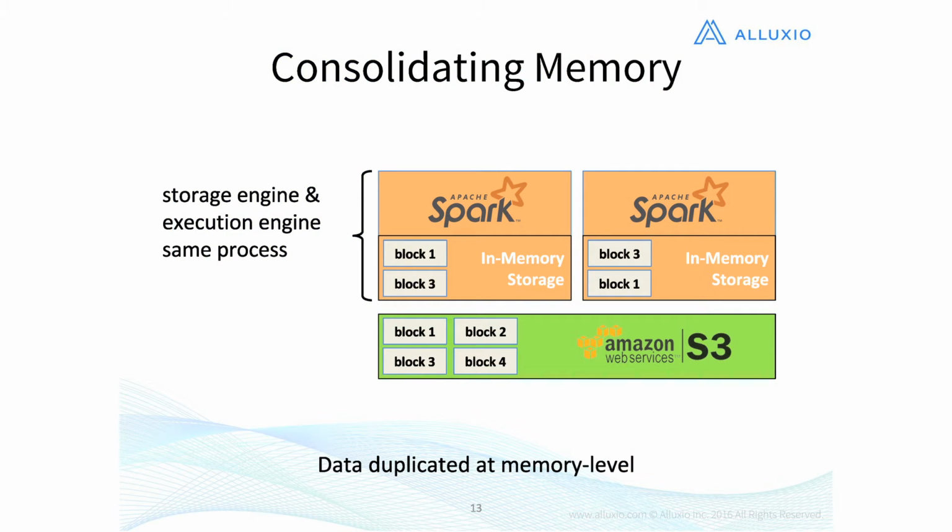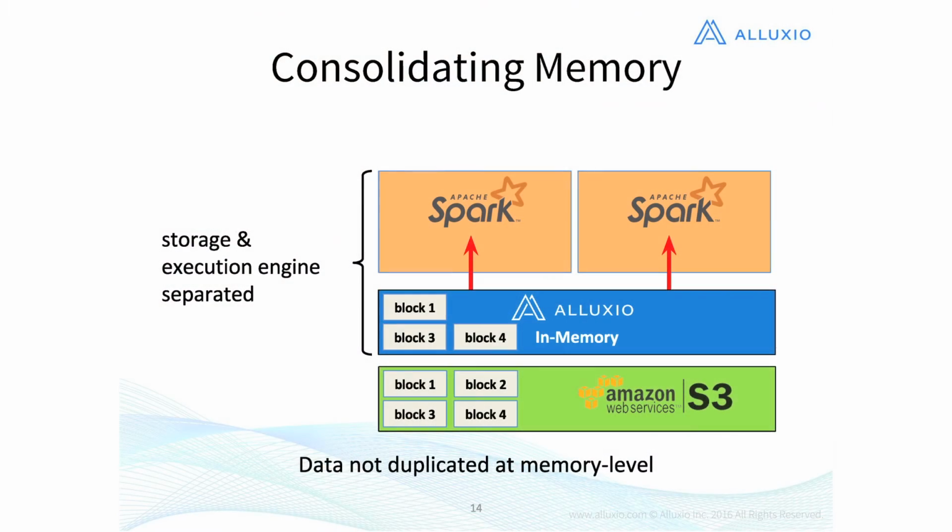So the final point, and probably the most obvious to you guys, is just consolidating memory. Again, this is similar to the first diagram we looked at. There are two Spark jobs. This time, they're both reading data from S3, using blocks 1 and 3. You can think of it as maybe in the pipeline, there's a fork, and there are two separate processing strategies, or it just happens that there are two data scientists looking at the same set of data. If you introduce Alluxio to this picture, what you get is the consolidation of blocks 1 and 3. So now you have space, for example, to fit something like block 4 and block 5, which could be useful